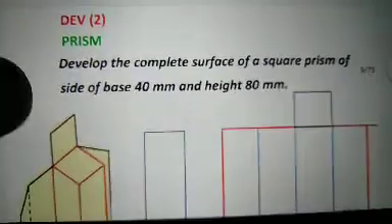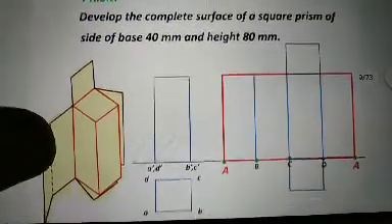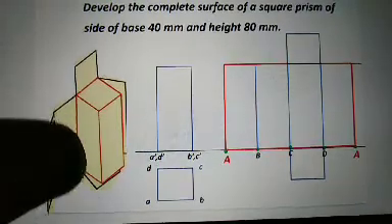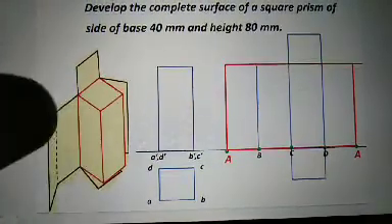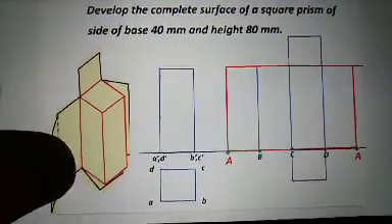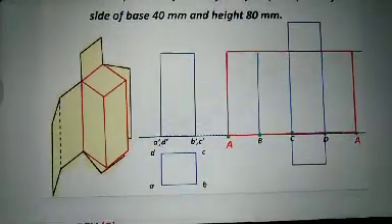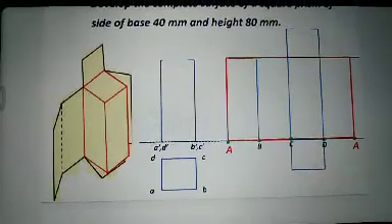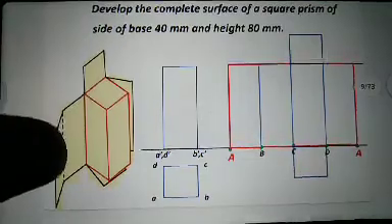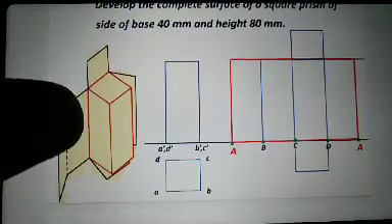Today we will discuss development of prism. Before going to the prism, what is prism? This is a square prism figure. There are four edges for the square prism, four sides, as this consists of four sides. And the upper and the lower surface of the prism are of similar shape, that is called a prism. Edge to edge distance, the edges are parallel in the prism.